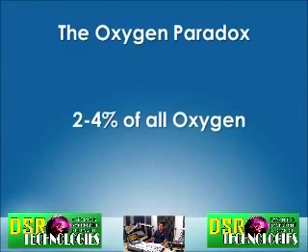So it's clear mitochondria are the source of energy, and oxygen is used to drive that process. But there's this thing called the oxygen paradox. We need to breathe oxygen in order to live, in order to break down glucose into energy. But the fact is, 2 to 4% of all oxygen turns into free radicals. So not only do we need oxygen, oxygen is actually slowly killing us. The fact that we're an oxygen-based system is just how it is, and we can't really change that. But the one thing we can do is try to counteract all of the oxygen we breathe in and all the free radicals that are formed by taking antioxidants.